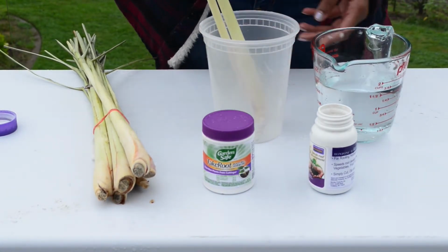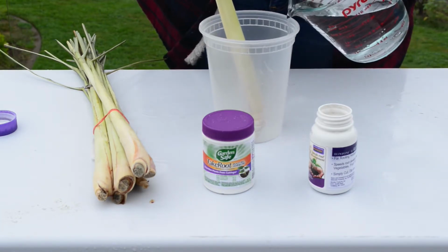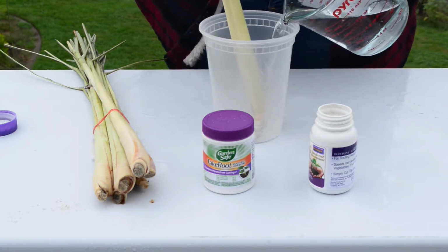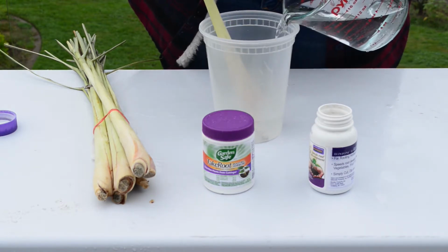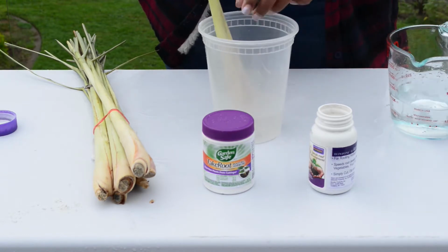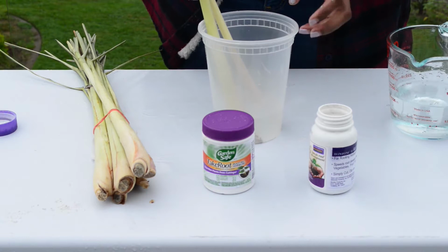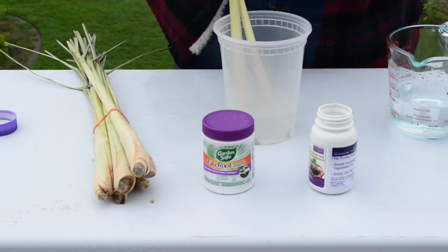The next step would be to add water, just enough such that the exposed stem is covered. Don't go all the way, because then that's how the rest of the stem starts to rot, which is the bit that starts to form leaves. And that's pretty much it. Just leave this